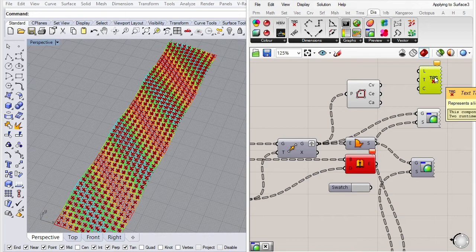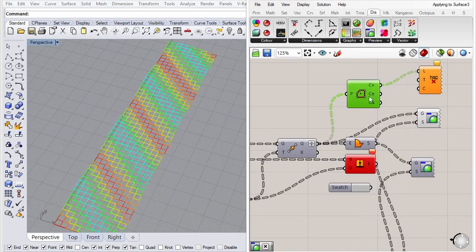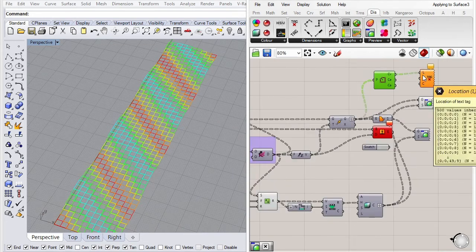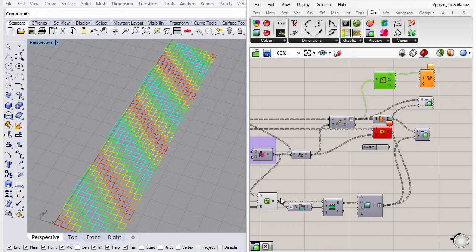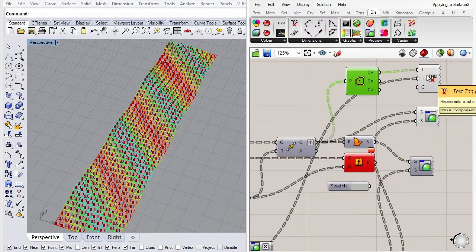So this tag takes a location, which would be the center point. So let's hide points. It takes text. That should be our indices component. And that should be grafted.